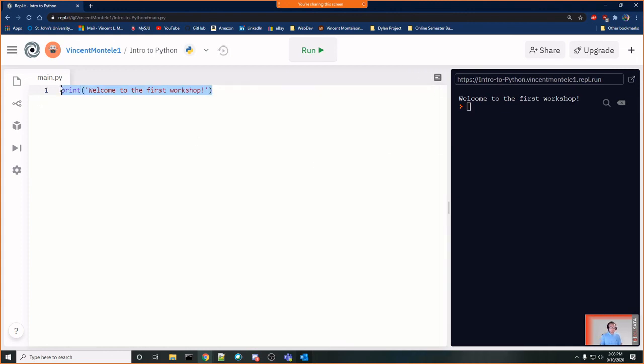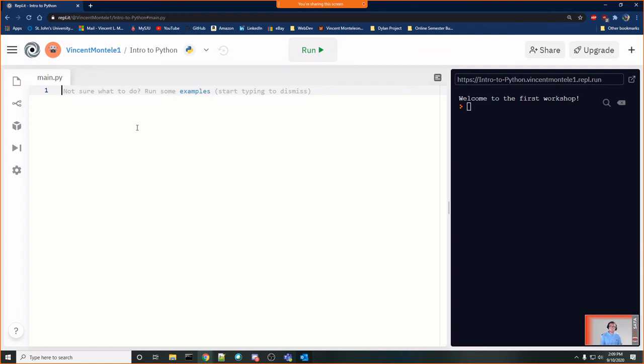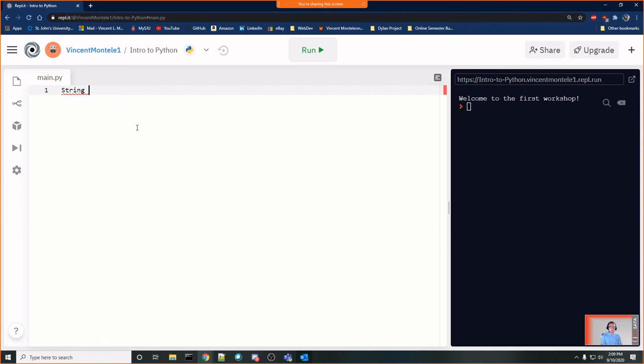Okay. So what I want to start with is I'm going to be going over a brief introduction showing you guys the tools that we're going to need in this programming language to make our game work. So the first thing we're going to have to start off with, which although it seems a little bit boring, it's great to have a good understanding of this, is variables. Python works a little bit differently than other programming languages that you might have used. In Java, when you want to make something like a string, which would be any type of sentence, you would have to write string and your variable name, so my string, and then set it equal to something.